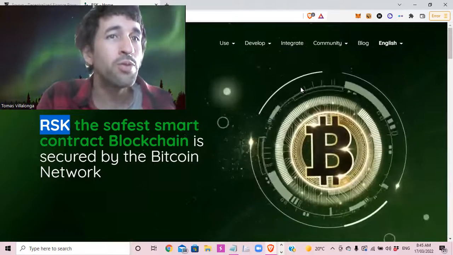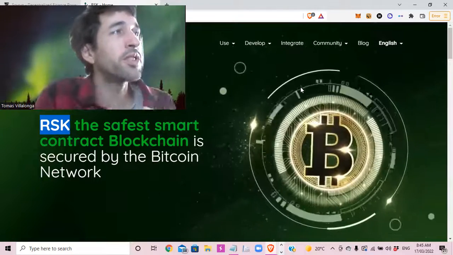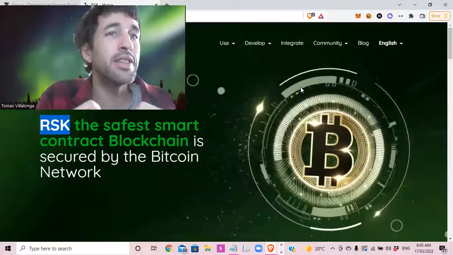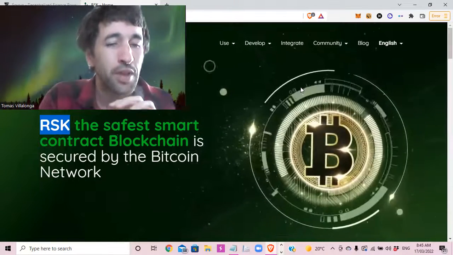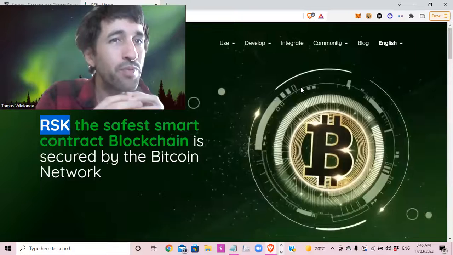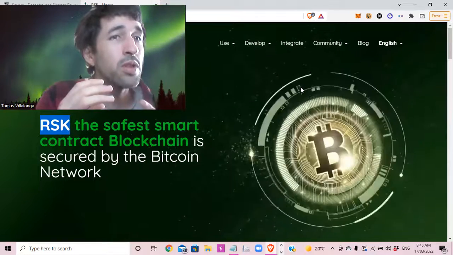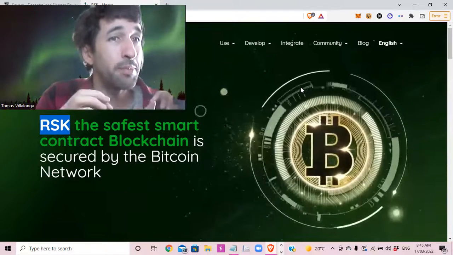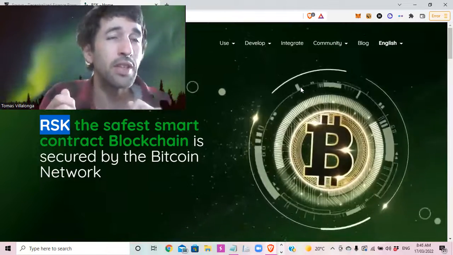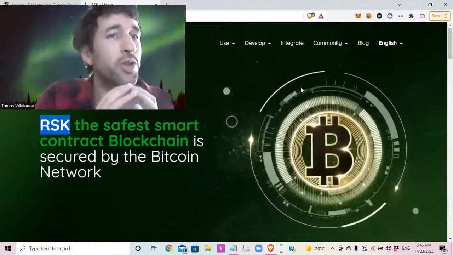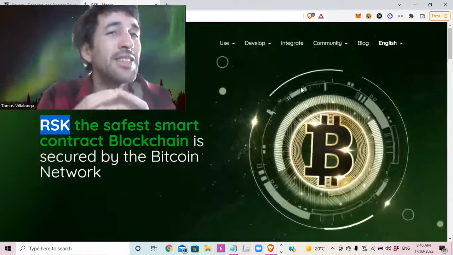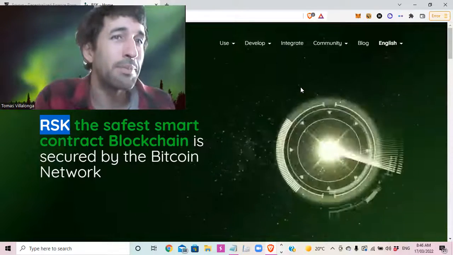Okay, for the most part, since Bitcoin was created, there has been this fight within the community, because Bitcoin as code is extremely simple. You can send Bitcoins, you can receive Bitcoins, and that is pretty much all you can do. It doesn't do much more than that. And people have been